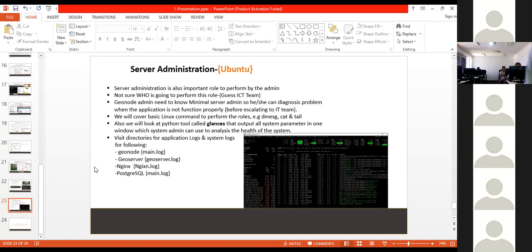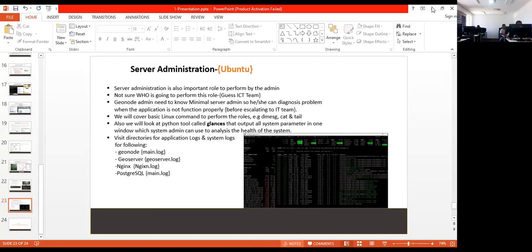Since we don't have much time, I think we have to move on to the second part of our training today. You should have one print of the tutorial, the journal administration tutorial. So get the